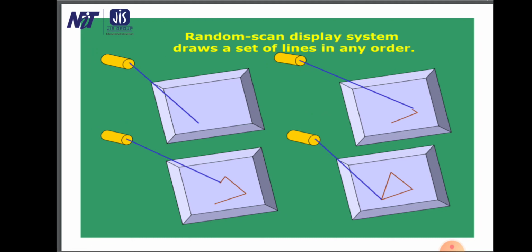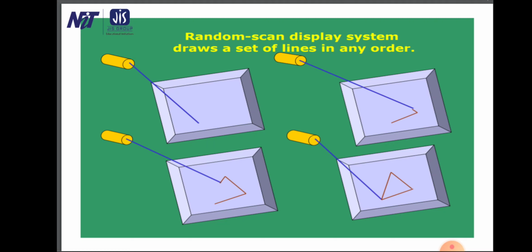Above 50, even 60 Hz, the scope of animation is possible in a random scan or calligraphic display. Earlier it was not possible in DVST, but it has limited support for animation. We will say that the scope of animation lies with segmentation. What do you mean by segmentation? You have a picture of static parts and dynamic parts. I have two regions or two segments of a picture. Some part could be static, some part could be dynamic.